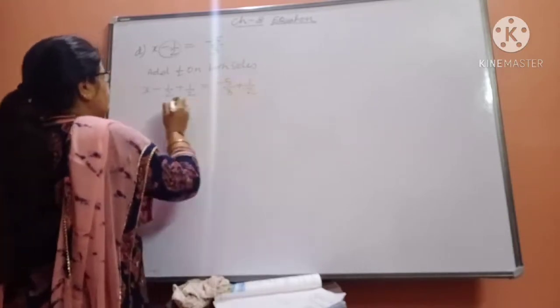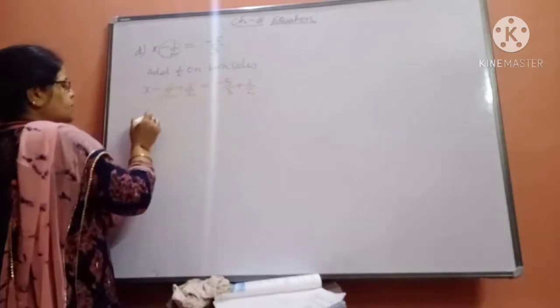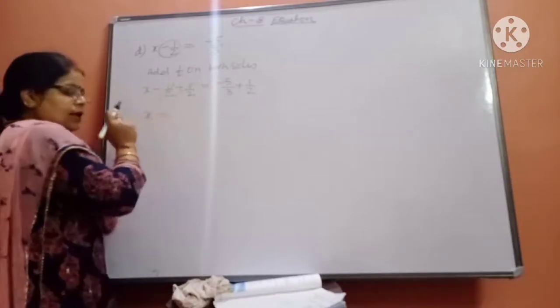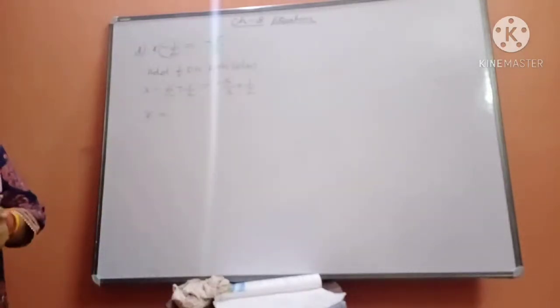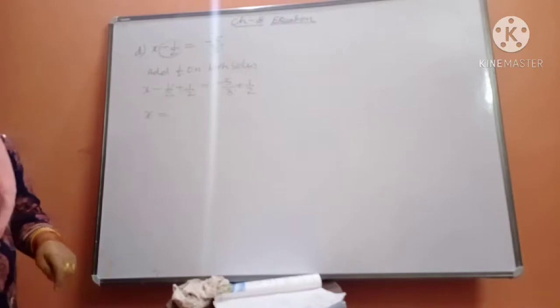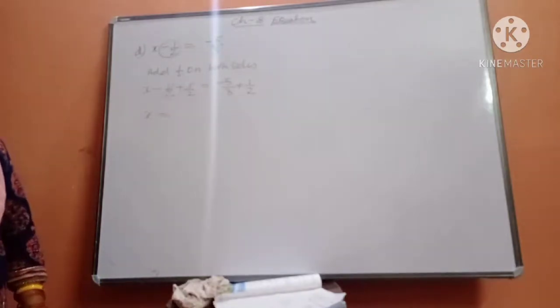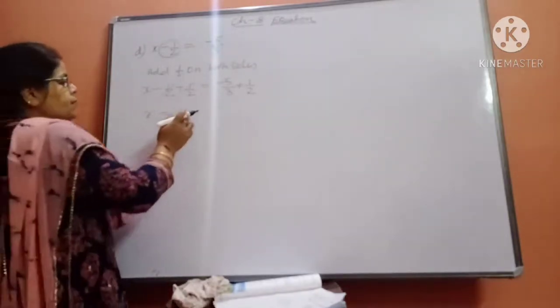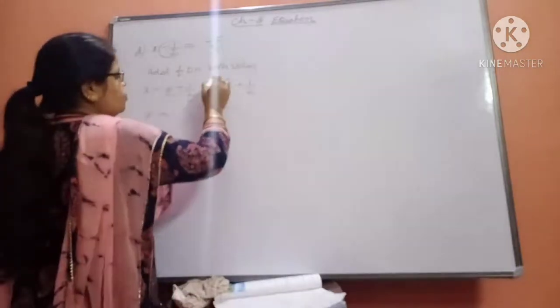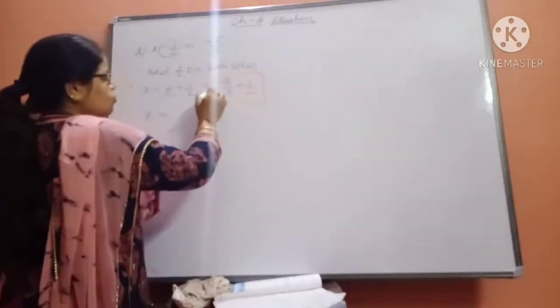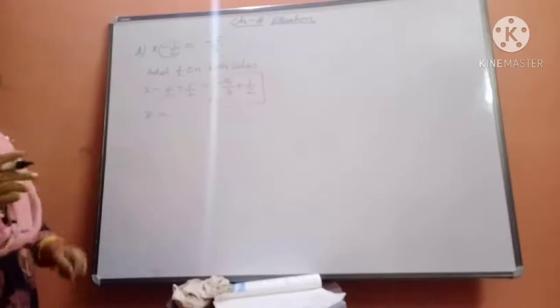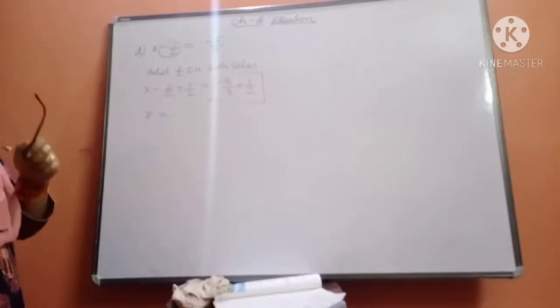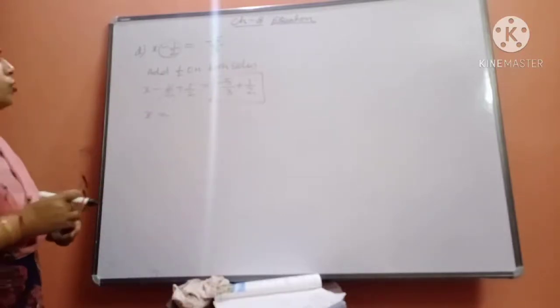Okay beta. So both these will become cancelled. What is our aim? To make the variable free. Along with the variable, no other number should be there, then only we can get the value of the variable. Okay. Now see beta, everybody of you is aware of how to solve fractions. Fraction chapter also we have done in this class and in the earlier class also. So how we will do?